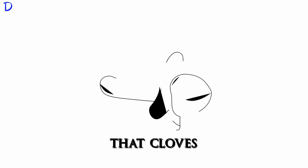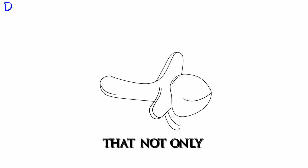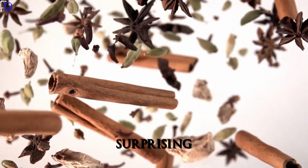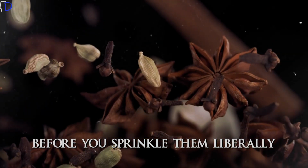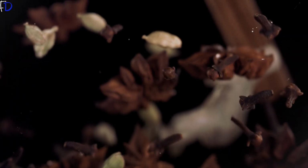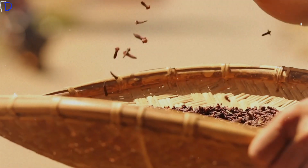Did you know that cloves, those tiny spice powerhouses, contain a compound called eugenol that not only adds flavor but also boasts surprising medicinal properties? But hold on, before you sprinkle them liberally, let's uncover some lesser-known truths about these aromatic buds. Despite their allure, cloves come with their own set of caveats, reminding us that even nature's remedies warrant a closer